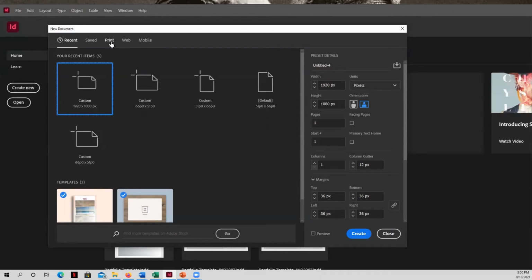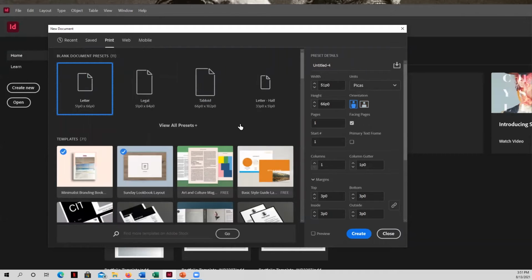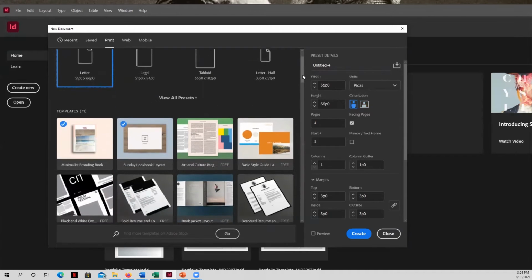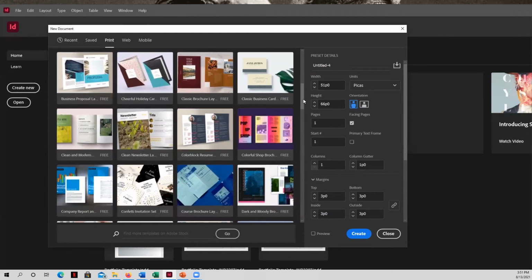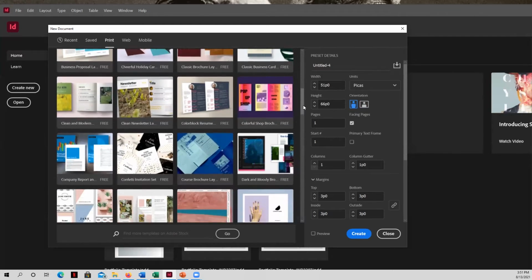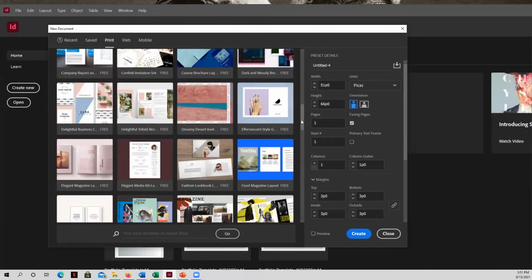So I'm going to go ahead and click this button here, which is print. And that means that we are going to be looking at portfolio templates that you can print out or you can export as a PDF, as opposed to website templates that we can use. So I'm going to click on here where it says print, and then now you can see down here there's all sorts of templates available, and some of them are going to lend themselves a little bit more to a portfolio template like what we're making, whereas others are more geared towards pamphlets and invitations.